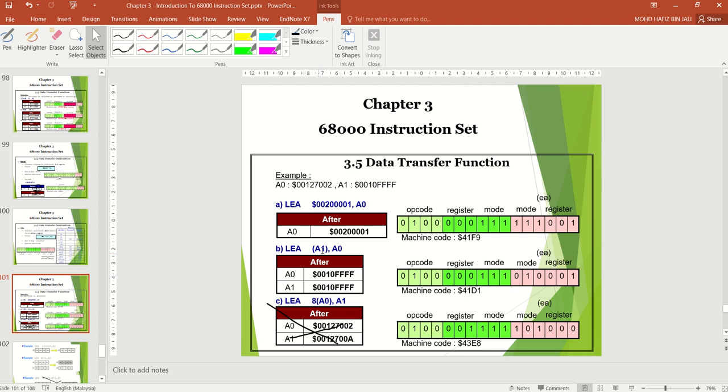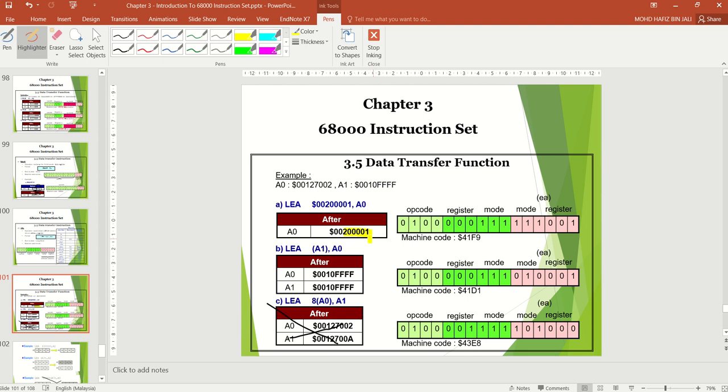A0 will become that. Previously the value was 001270002, and we will substitute it with this value. The content inside A1 is 0010FFFF. As you can see here, the value only involves 6 digits.